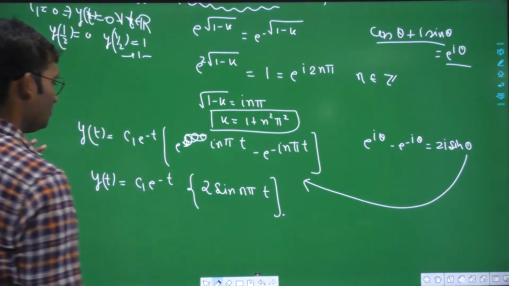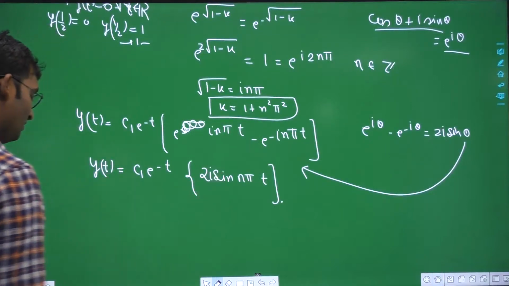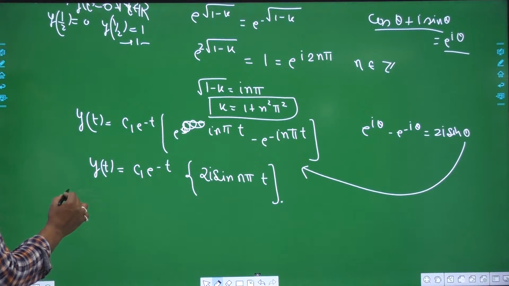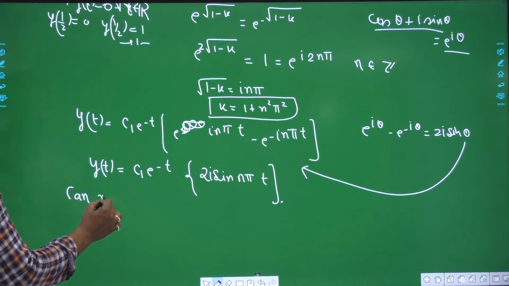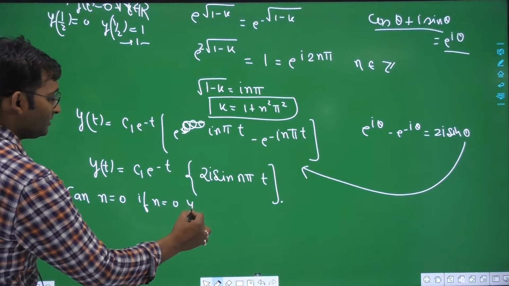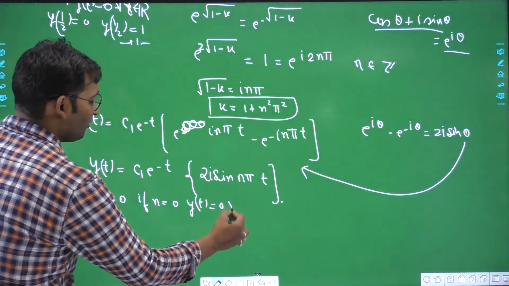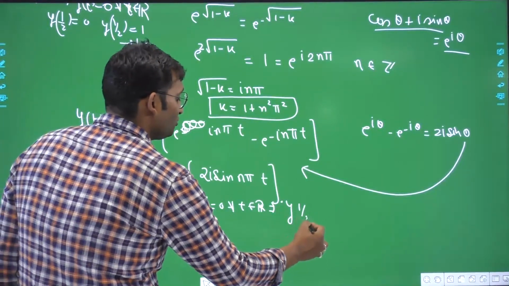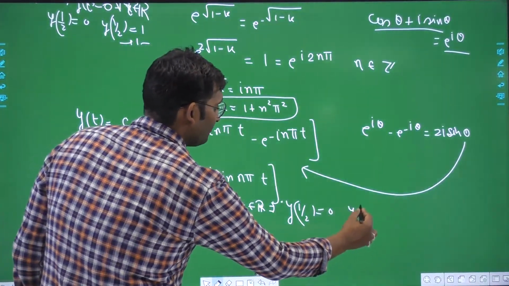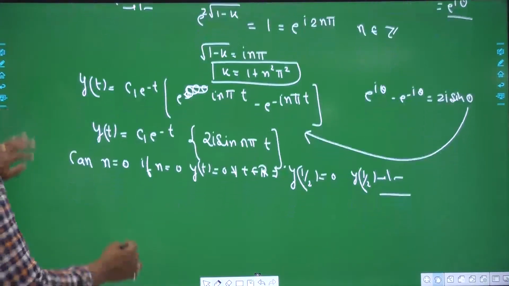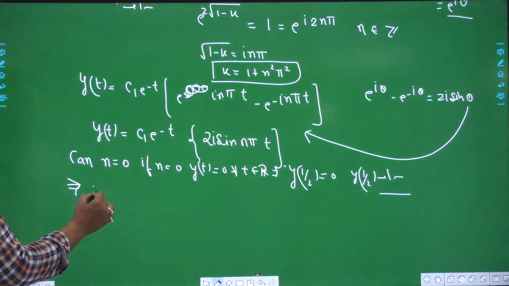Okay, so 2 iota sin n pi t. Now here there are two equations. Can n be equal to 0? Now if n is equal to 0, then y(t) is equal to 0 for all t belongs to R. It implies y(1/2) has to be 0, but given that y(1/2) is equal to 1, so therefore we arrive at a contradiction. It implies n,